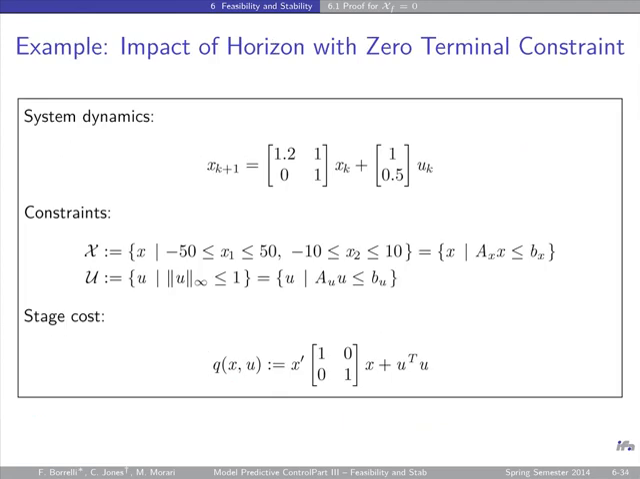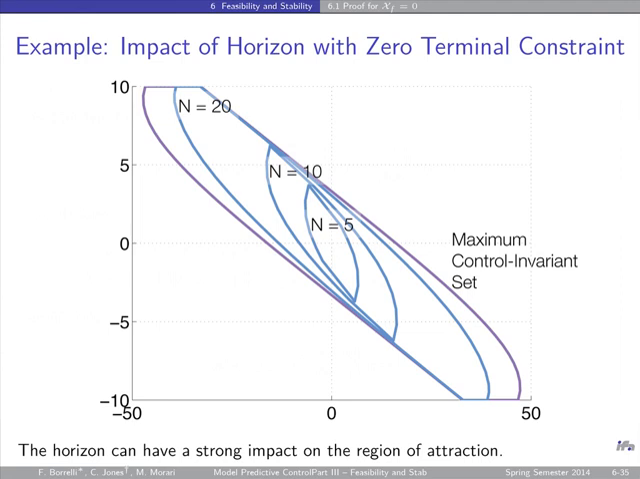Good. So, an example of this approach: a two-state system, one input, two states. The first state has to be between minus 50 and 50. The second state has to be between minus 10 and 10. The input has to be between plus 1 and minus 1. Quadratic cost, this is my Q, and R is equal to 1. Okay? So this example shows